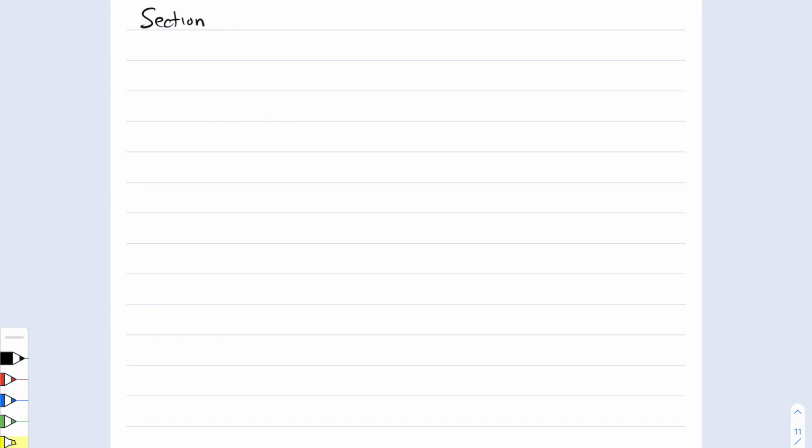This is section 4.5. This is on special cases of circuits when using the node voltage method. And more importantly, this is on a new concept, that of a supernode. Now, there's kind of a big idea